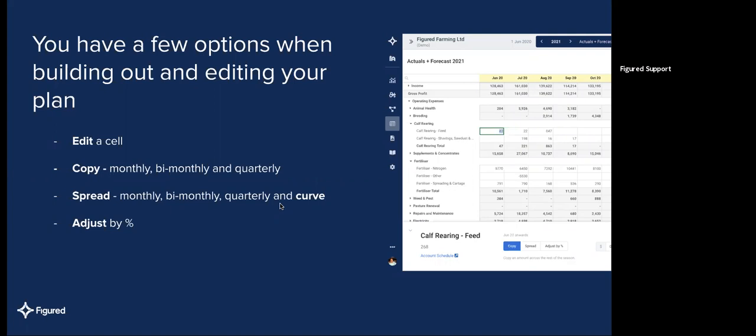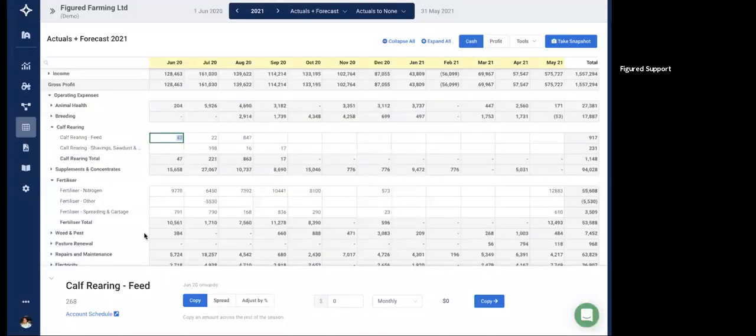So just have that in mind. We're going to look at that, and that's a really cool feature for those of you who do have monthly data. And the last option is that percentage spread option. So just jumping back into our planning grid,